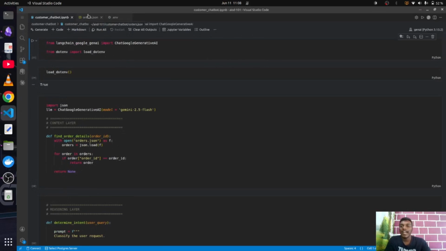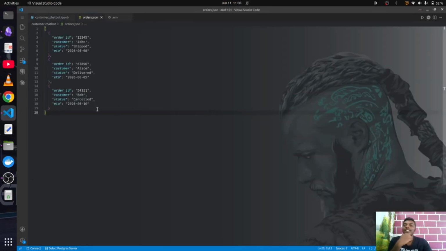We are going to have one JSON file, which is going to have user data for 3 particular customers. One is John, Alice, and Bob, and we have the status of the order of Bob being cancelled, and the others being delivered and shipped.